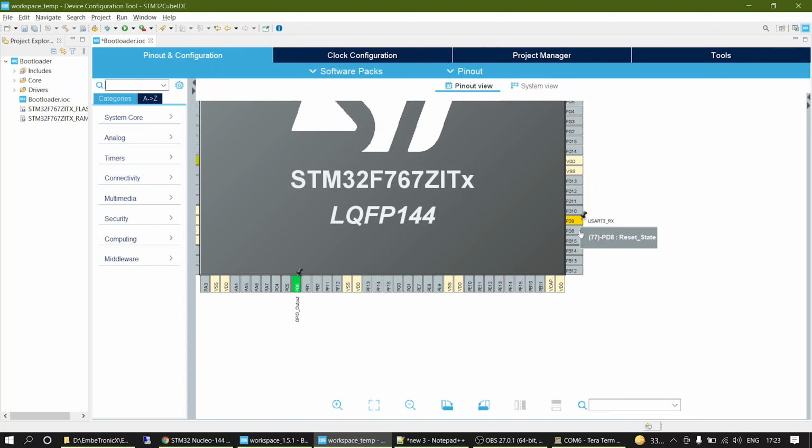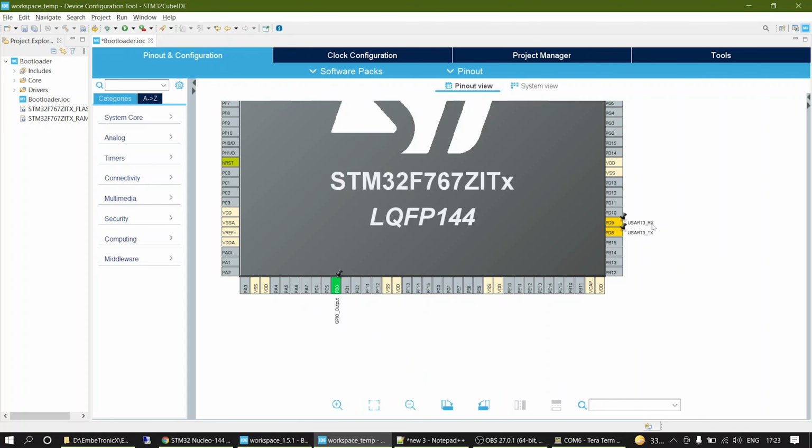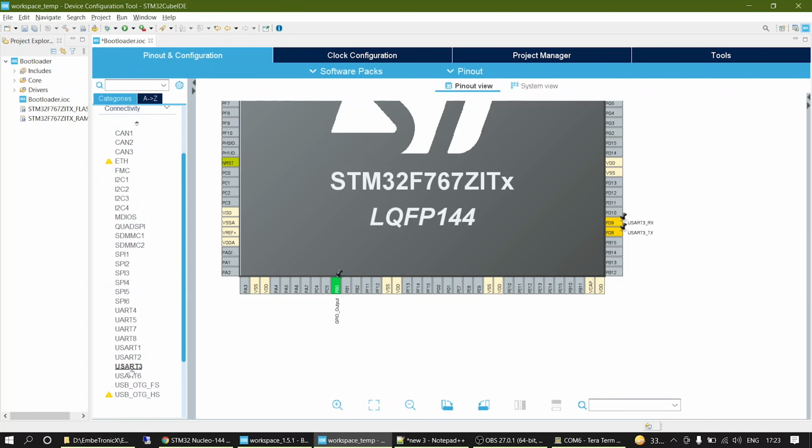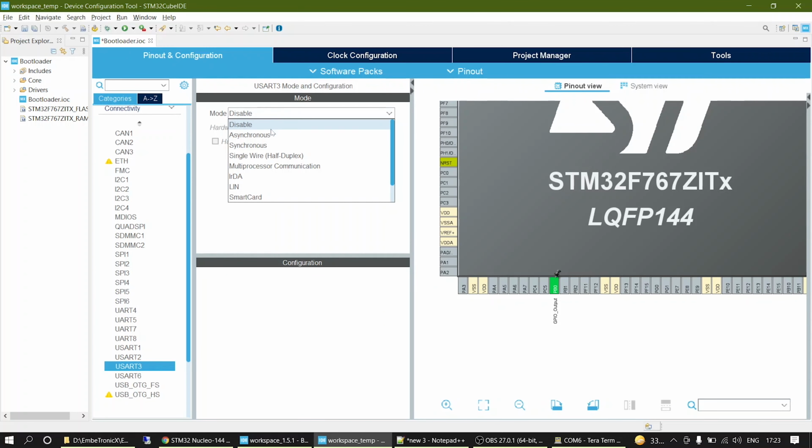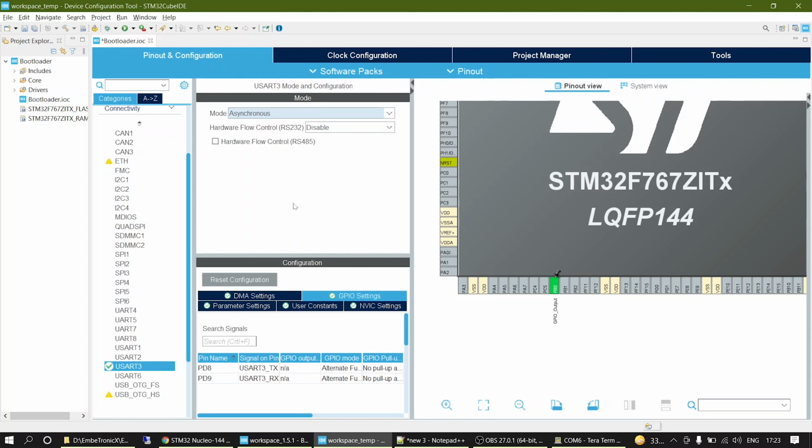Then click PD8 and select UART3 TX. Now we have configured the UART3 pins. Let's enable UART3. Go to UART3 and set the mode as asynchronous. Okay, we have enabled the green LED and UART3.